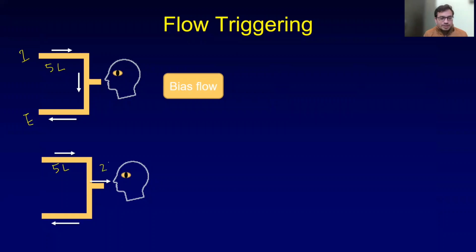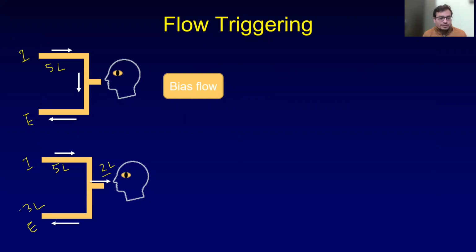So say the patient starts the breath at 2 liters. The 2 liters will be stolen from that 5 liters of inspiratory flow, and 3 liters will be returned to the expiratory sensor. So from the inspiratory sensor, or inspiratory limb or inspiratory port, 5 liters is being given, but the expiratory sensor is sensing just 3 liters coming back. That means 2 liters has been taken by the patient's inspiratory effort, and that is called the inspiratory flow trigger.